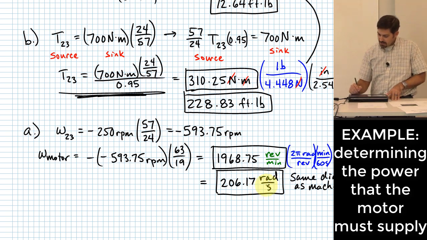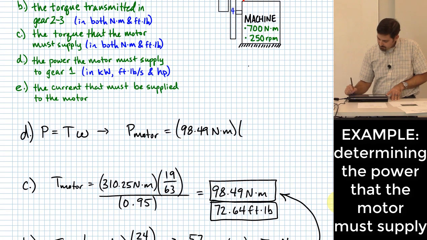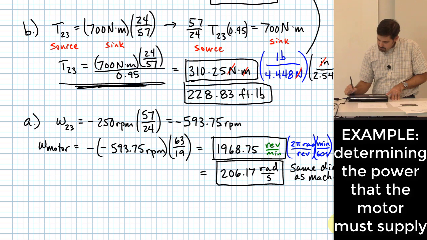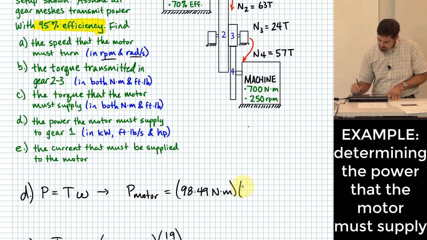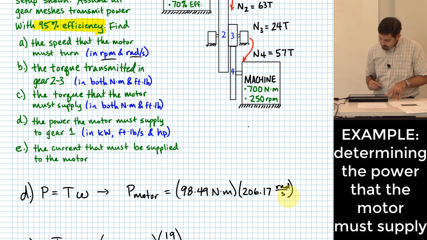So radians per second is definitely in that type of unit of radians per time. And I should have looked at it more carefully. 206.17 radians per second. Okay. So now when I plug that in,